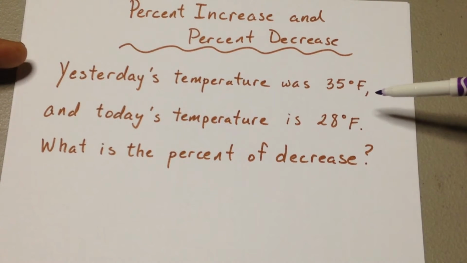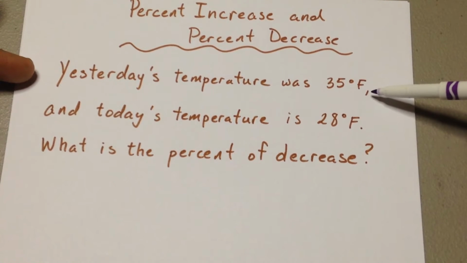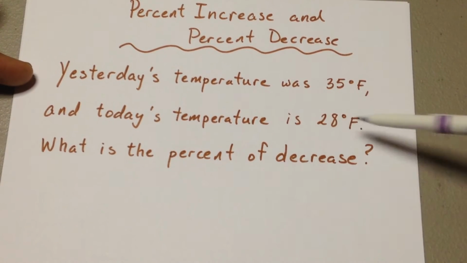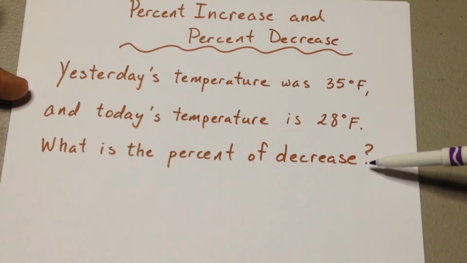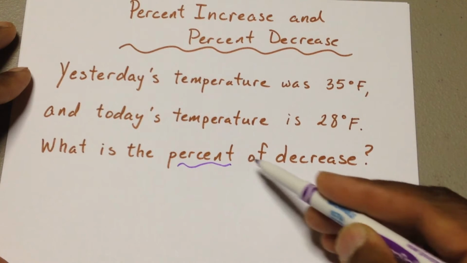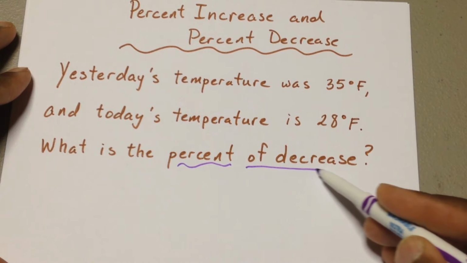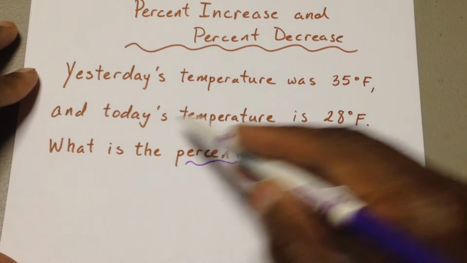Here's a situation. Yesterday's temperature was 35 degrees Fahrenheit, and today's temperature is 28 degrees Fahrenheit. What is the percent of decrease? What we're really looking for is a percent, and it's going to be a percent of decrease. Why is it going to be a percent of decrease? Well, yesterday's temperature